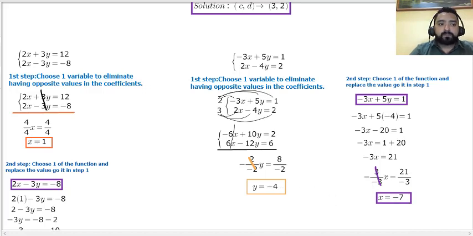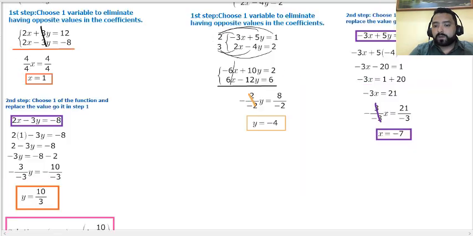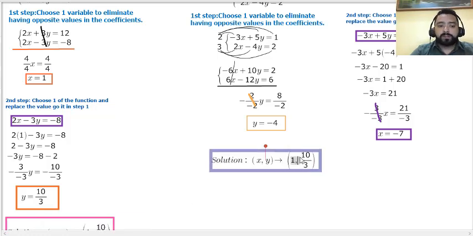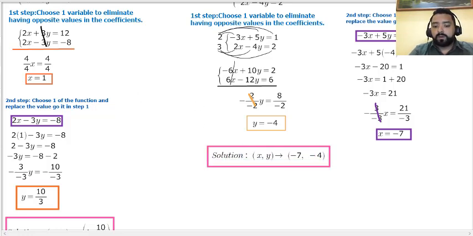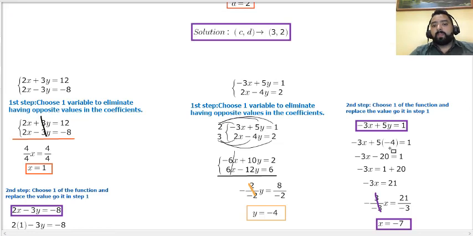And at the end, we are going to close this one as negative 7. So we have the value for x and the value for y. Finally, we are going to write our solution. Remember, it's x and y. And it's going to be the value for x is negative 7 and the value for y is negative 4. Remember, it's important to